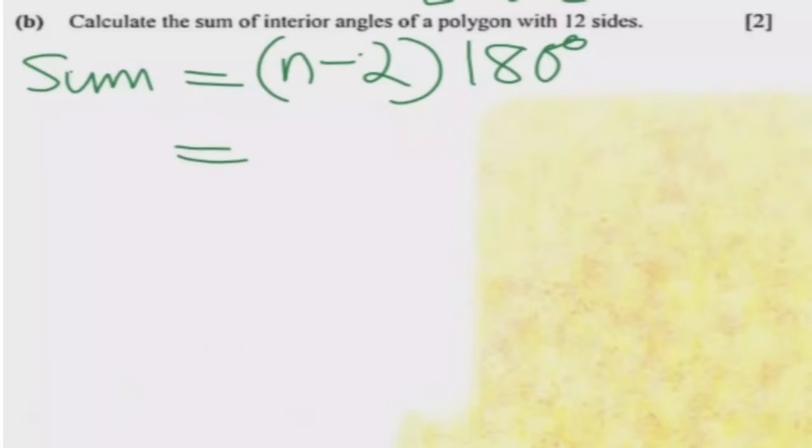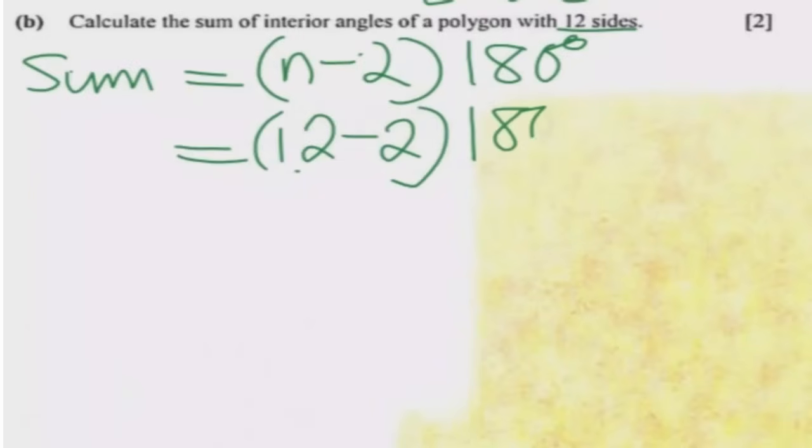Okay, so what we do now is, n stands for the number of sides. So in the question we are told there are 12 sides. So where there is n, I'm going to put 12 minus 2, where 12 is the number of sides, times 180 degrees. Okay, so what you can do now is this. 12 minus 2 will give us 10. Then times